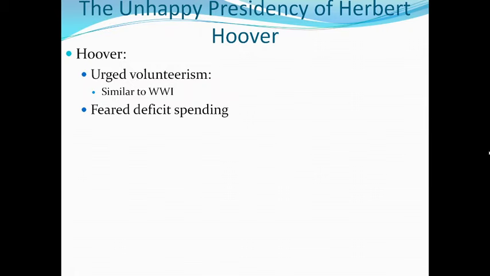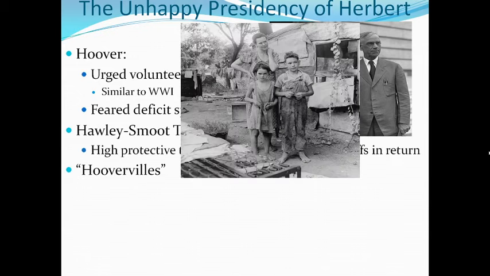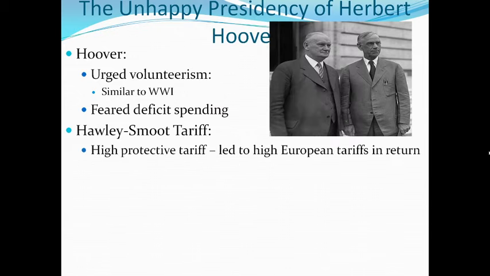And Herbert Hoover, like I said, was very against it, while FDR was in support of it. So Hoover did the opposite of what you might expect, and he actually raises tariffs to the highest peacetime tariff in the nation's history through the Hawley-Smoot tariff. So he creates high protective tariffs, and this did not help the country at all, because what happened is European tariffs would reciprocate our high tariffs, and they had high tariffs as well, and this did not bode well for